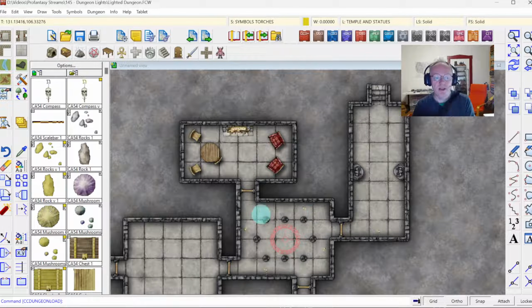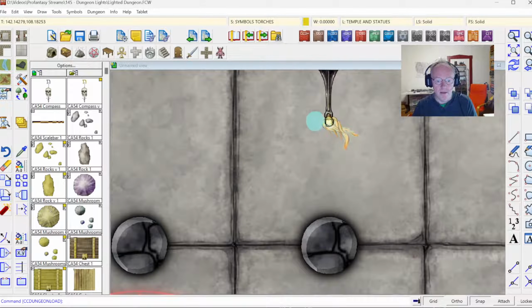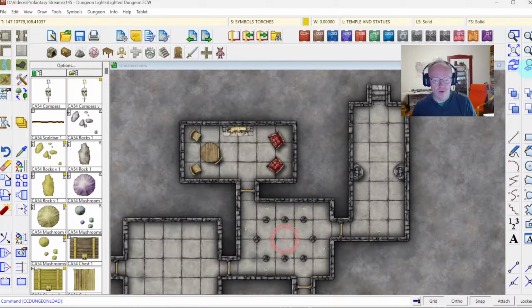I do have set up some stuff like torches here, the symbols, and the furniture does cast some shadows, but it's not really any effect of the light of the torches or anything. And the torches themselves are a little bit weak in this style, I guess. Well, the style overall, the Dungeon John Roberts style is very nice. The torches are not very visible and do vanish a little bit into